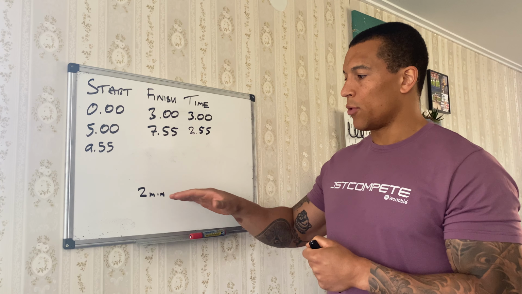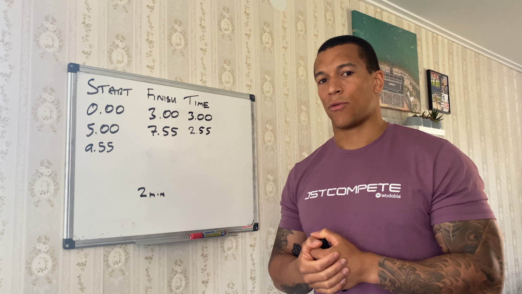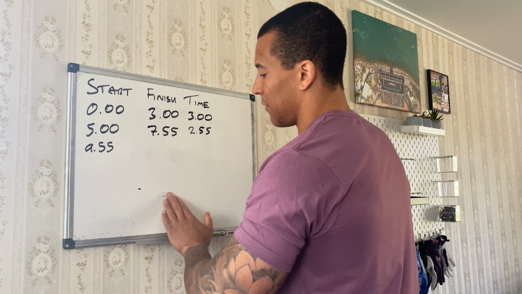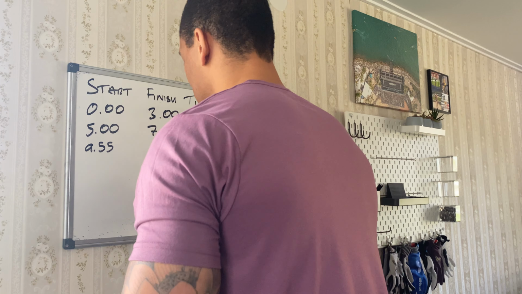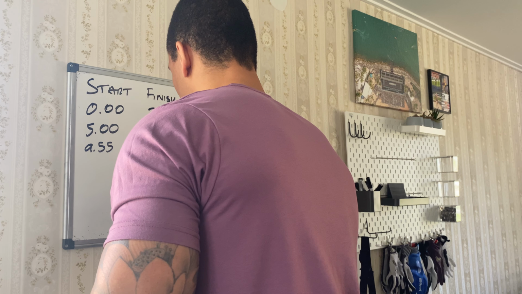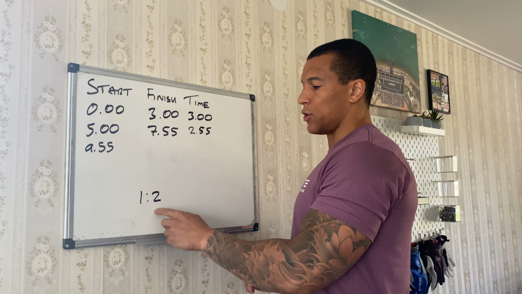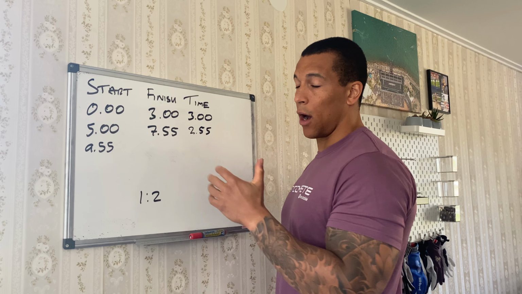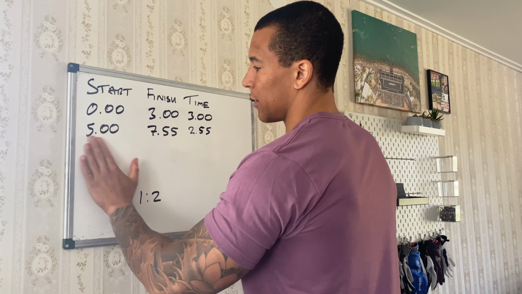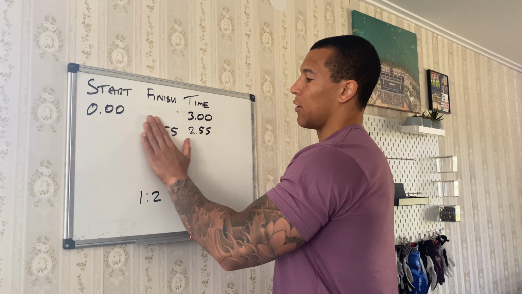This is an easy example because we've got a fixed period of rest after each round, but let's try an example where instead of having a fixed period of rest, we're actually resting, say, 1 to 2 rest to work ratio, so we're resting half the amount of time that it took us to do the work. So we still have the same 3 columns